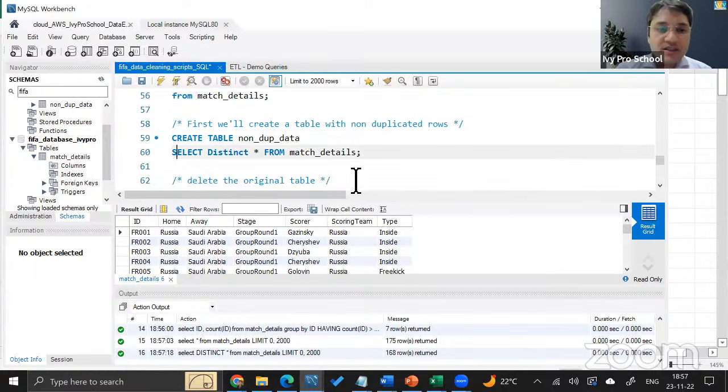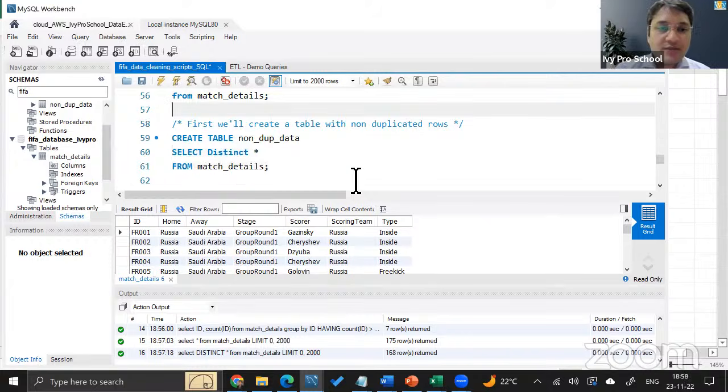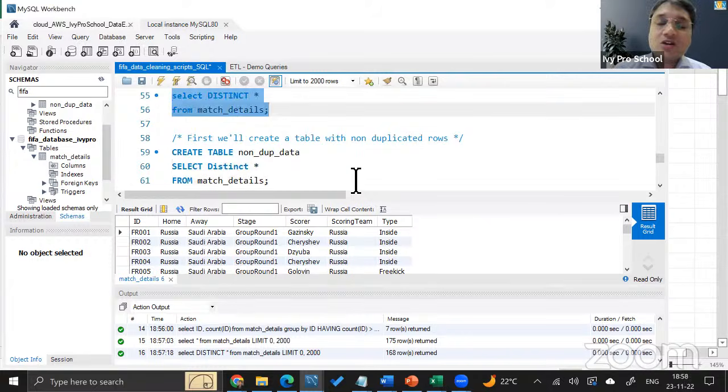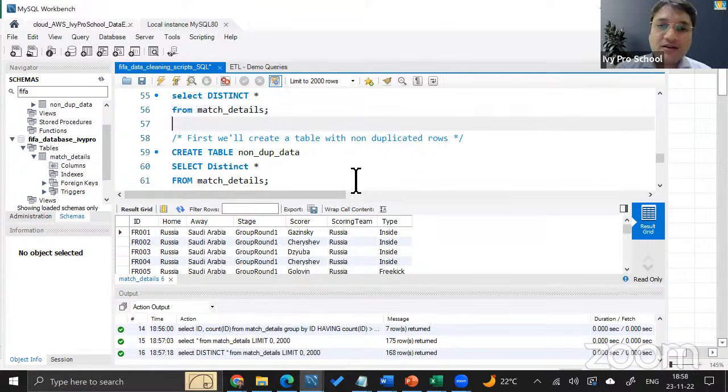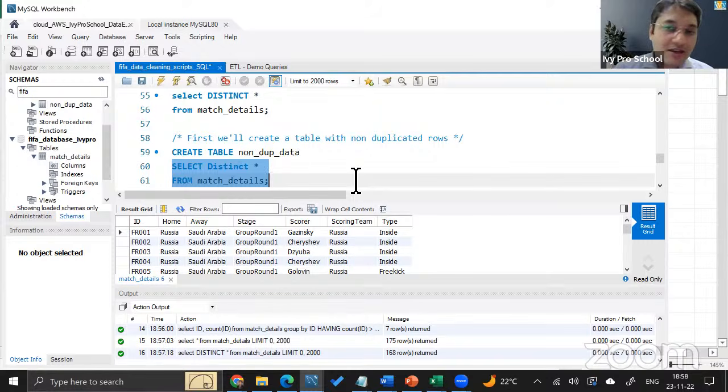Look at this, using the output of this query that we wrote, which gave us the list of non-duplicated rows from the table. So we will use the create statement, and using the output of this SQL select query, it will then end up creating that.